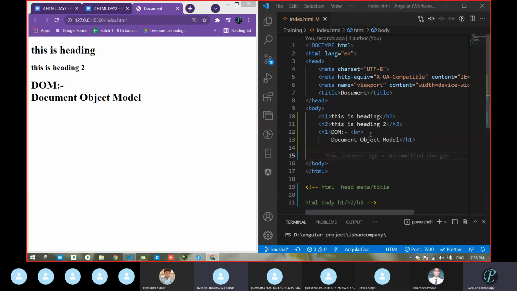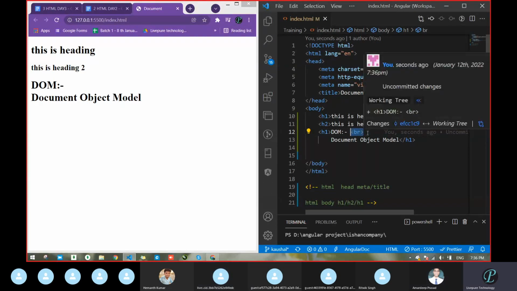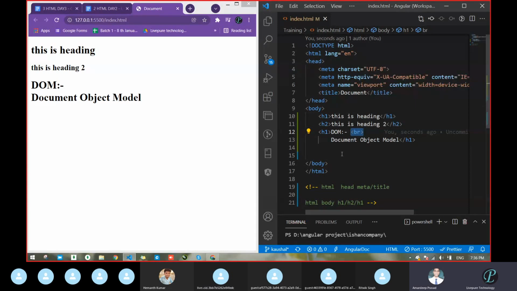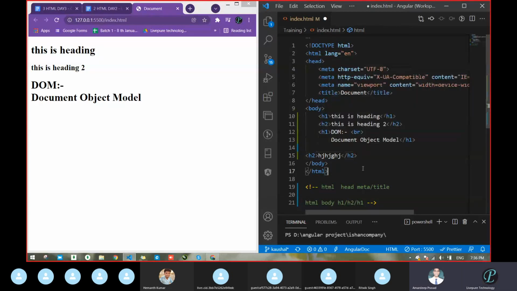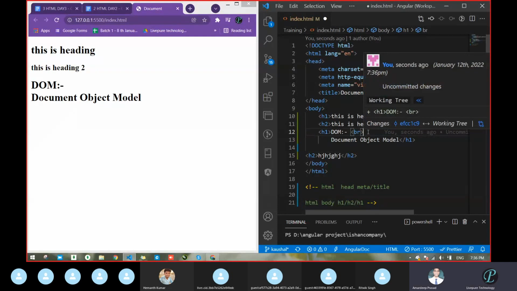Got the difference? So this is actually the empty tag because we had not written anything in the sense of content, whereas previously in H2 we were writing some content here, in the middle of a starting and ending tag. But in the case of BR, we had not written anything. And one more thing, what I had told: for each tag there should be a starting and ending, correct?